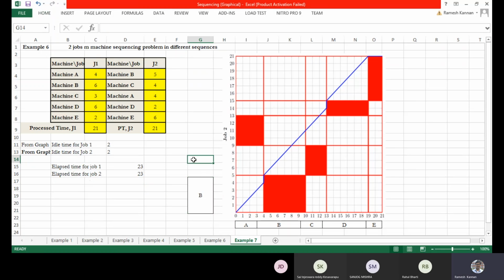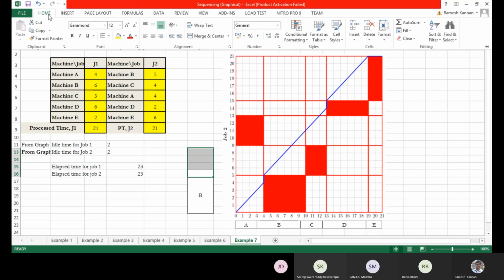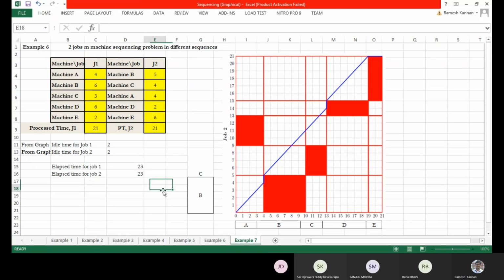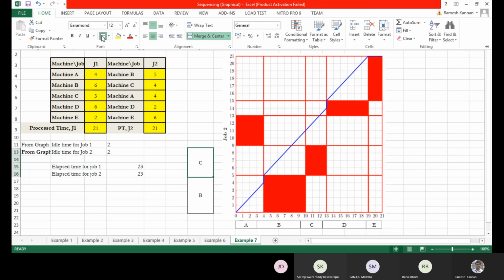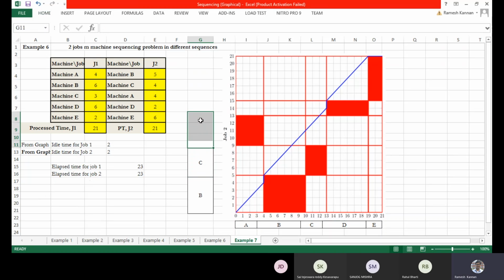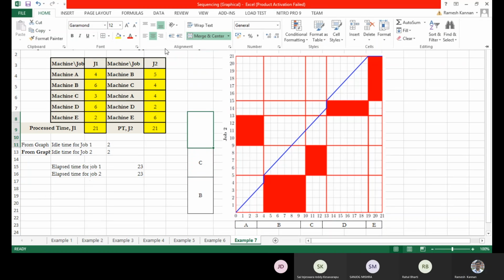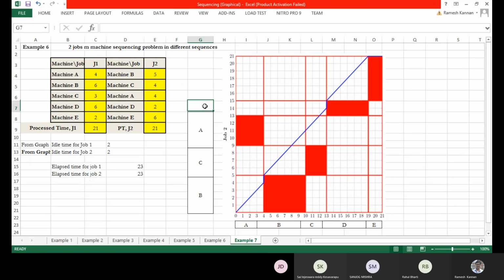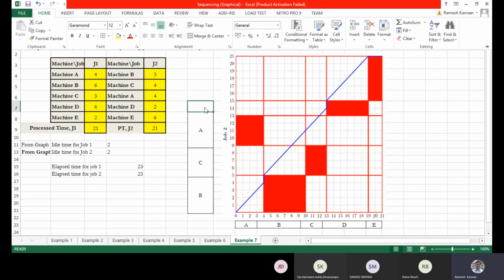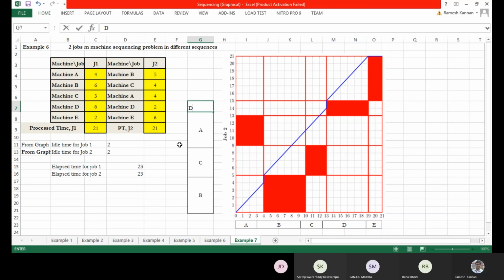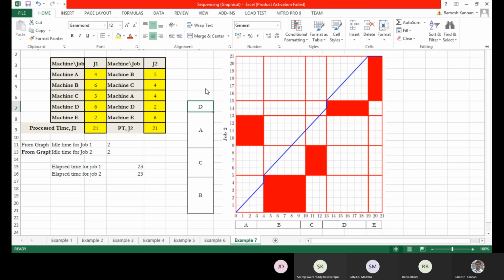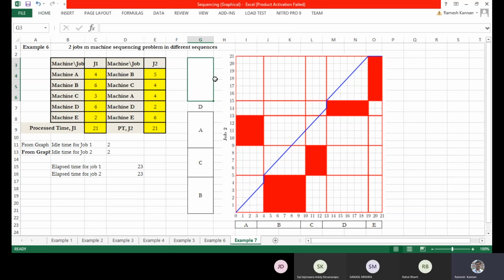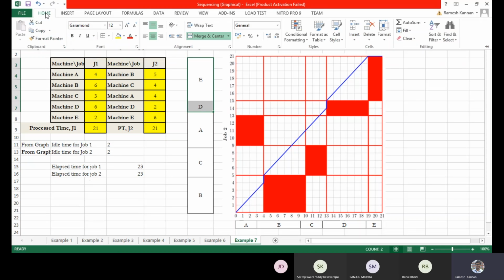I'll just put machine B, and this is machine C. Machine C, and this portion is machine A. Machine A, and this small tiny portion is machine D. And the remaining is machine E. There is a significance why I make this. Then I've got the machines.